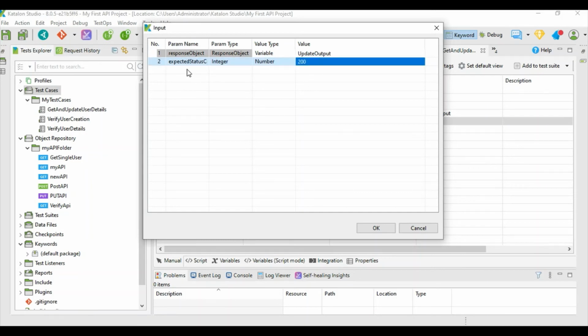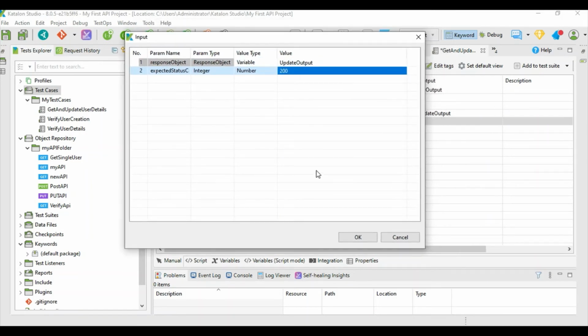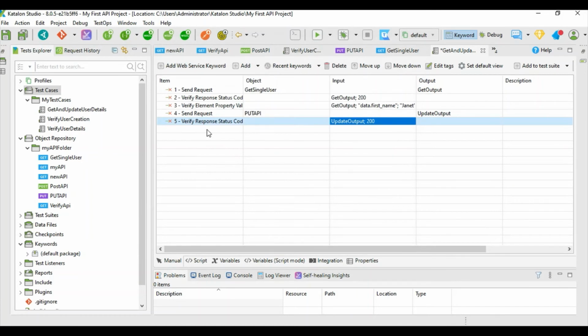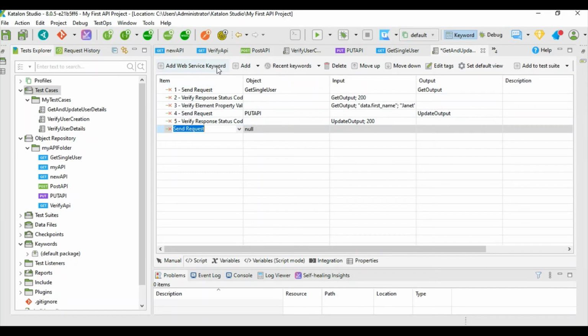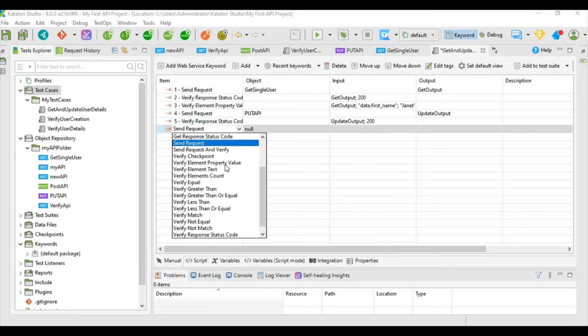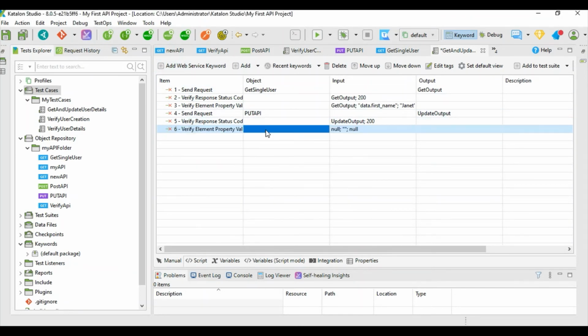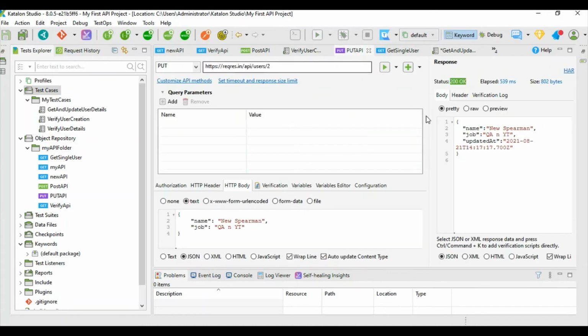And now we're going to check the other values. Fine. So if you remember, what updates did we send? So let us verify element property value. So first name, so we are updating the name, so its locator is name, and it should be new payment.